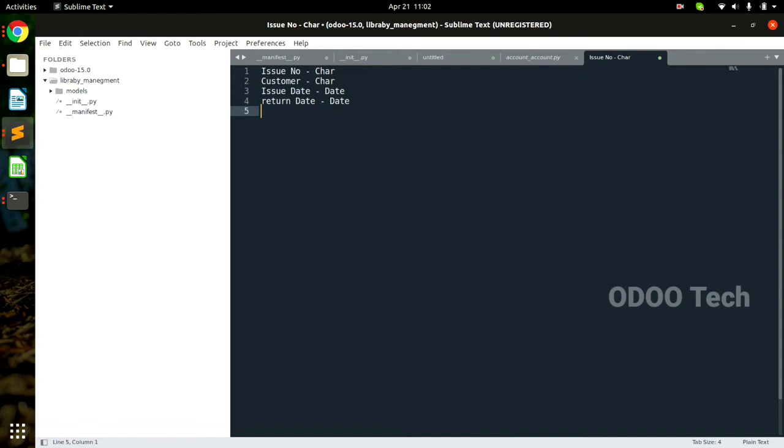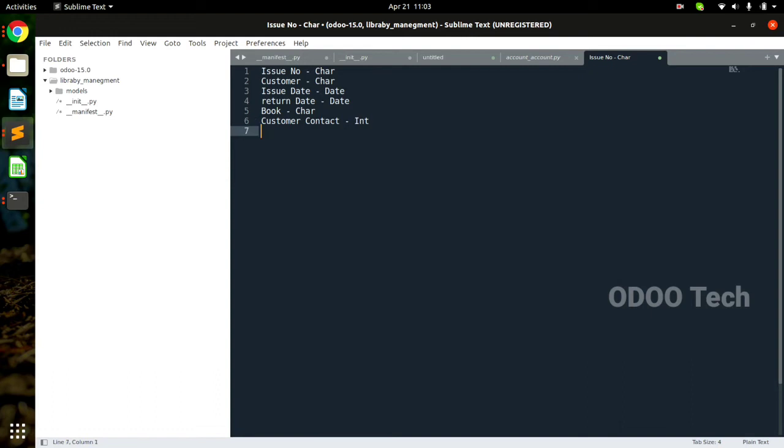Okay, now very important detail, which books are we issuing, right? So I created the one object for book. Now here we can give the book also a relational field, but right now we are seeing the normal field, so I am giving this as a character. Okay, what else can we introduce? Customer contact, which is going to be integer.